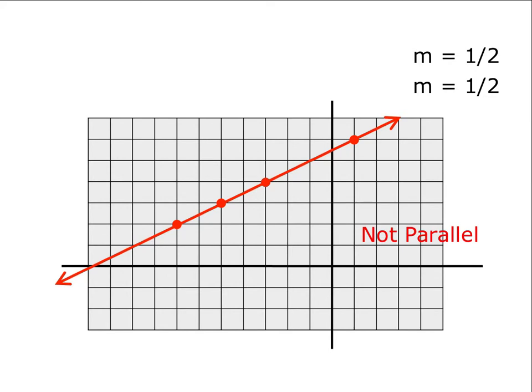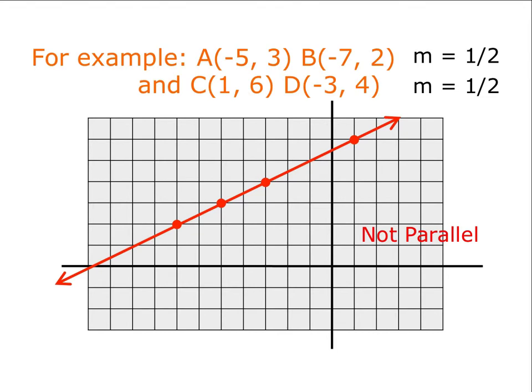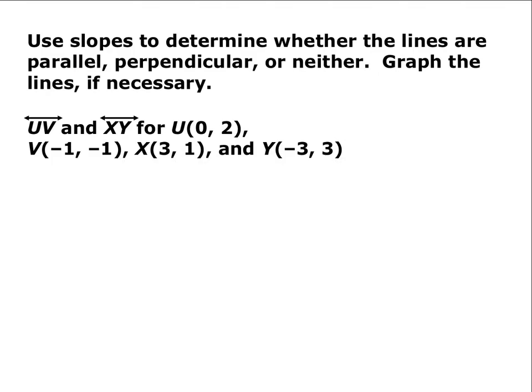So if I would do the slope of my 2 lines according to the slopes, I would say my lines are going to be parallel. But you need to graph it to make sure that they would be 2 separate lines, because in that example, they're not 2 separate lines, so they're really not parallel. It's just all one line. So when you do some problems like this, we're going to determine first probably what the slope is, and then if necessary, if you think they're parallel, graph them to make sure they're not the same line. Make sure they are 2 separate ones. Okay, so for an example,